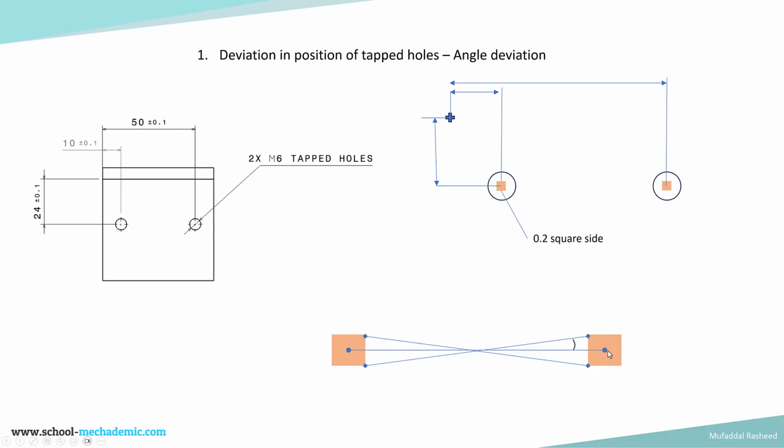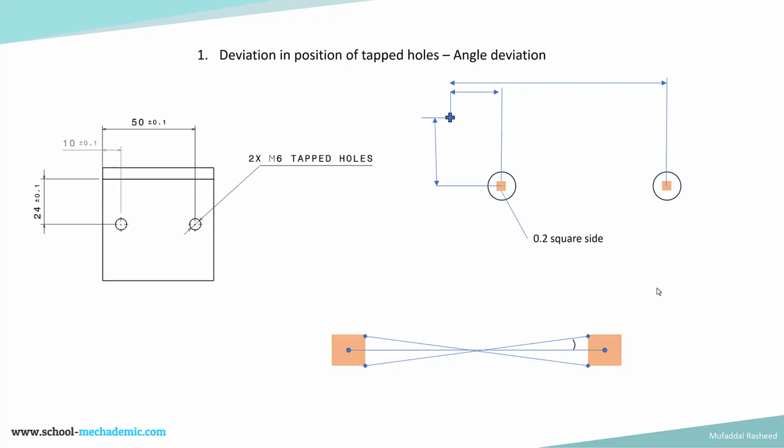These are the two true position centers of the two holes, and if the center of each hole can vary within these square tolerance zones, then if the left-hand hole is over here and the right-hand hole is over here, we get the maximum angular deviation. To calculate that maximum angular deviation, which is the angle shown over here, we can use the geometry and calculate